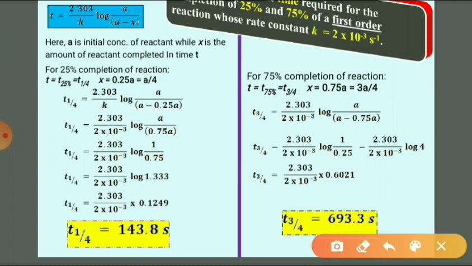Now just put the values of the corresponding variables. So t is replaced by t 3/4, equal to 2.303